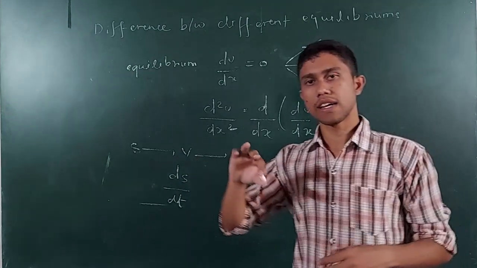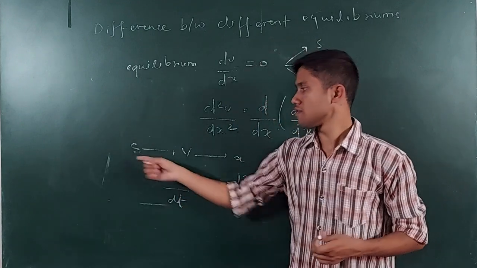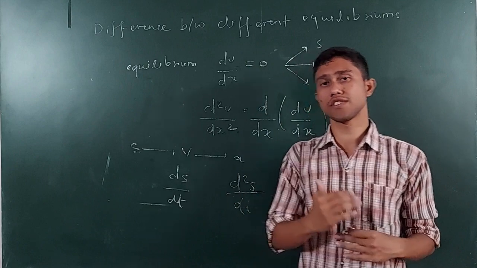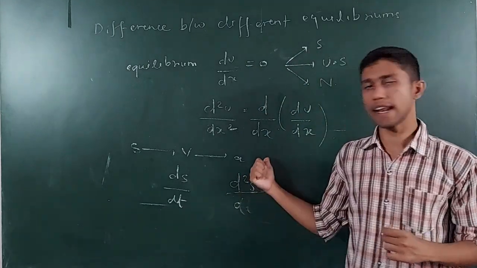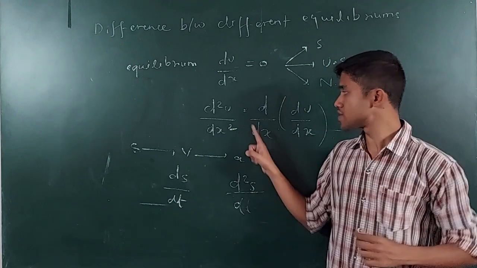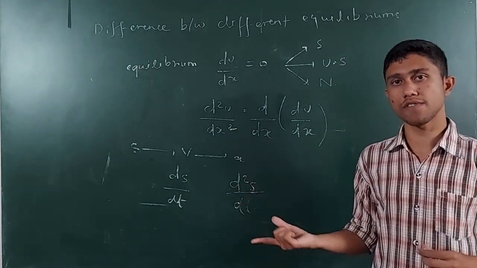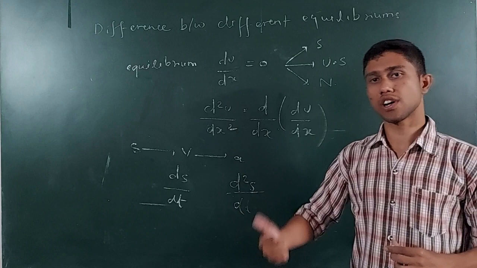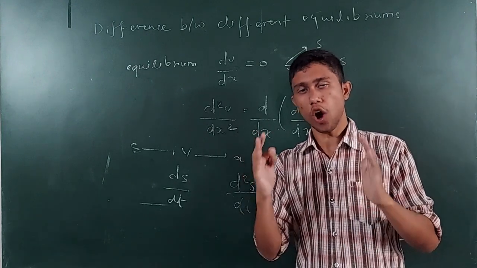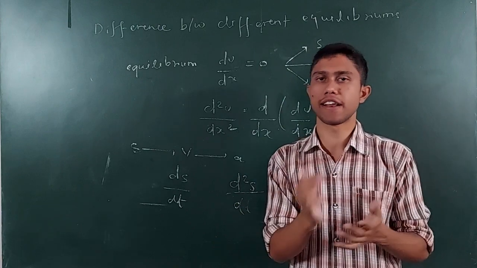So how can I express velocity in terms of s? It is single differentiation, so it is the rate of change of displacement. But how will I tell acceleration in terms of s? I will tell it as the rate of change of rate of change of displacement. Means there was a rate of change of displacement, and the rate of that as well, meaning acceleration.